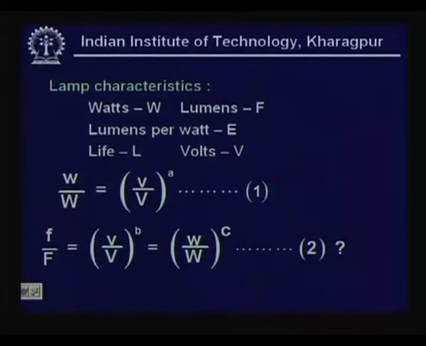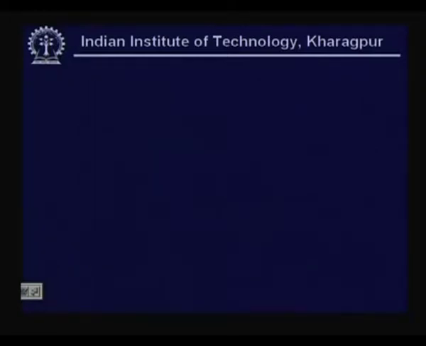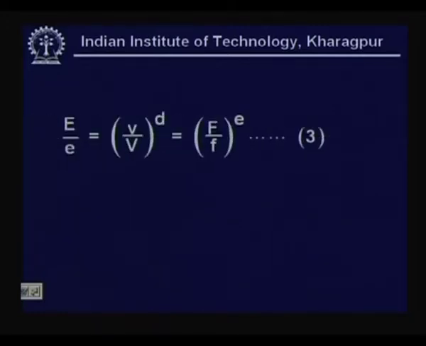This will be very useful in the sense that once you have these exponents, depending on the operating conditions, you can arrive at the possibility of the performance of your lamp with the manufacturer's guaranteed specifications. Here the uppercase W, F, E, L, V are the nominal ratings, whereas the lowercase correspond to the operating conditions. Now, this shows the variation for the light efficacy is somewhat inversely proportional to the voltage and directly proportional to